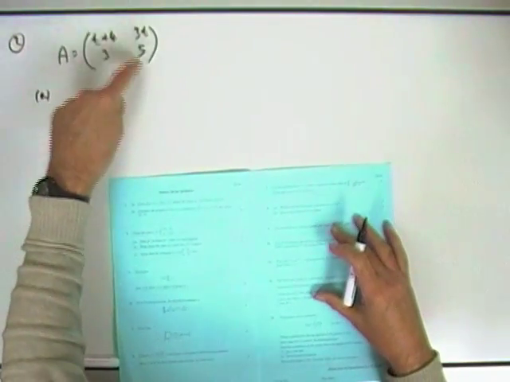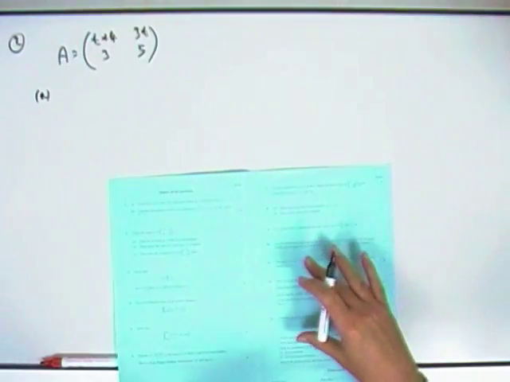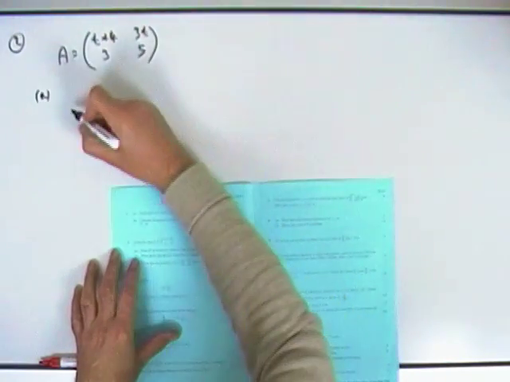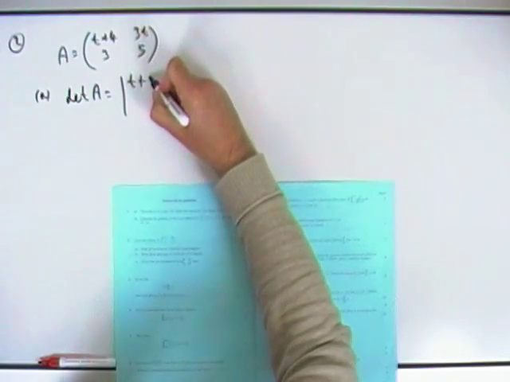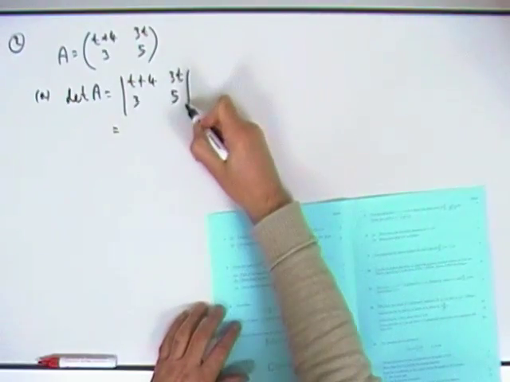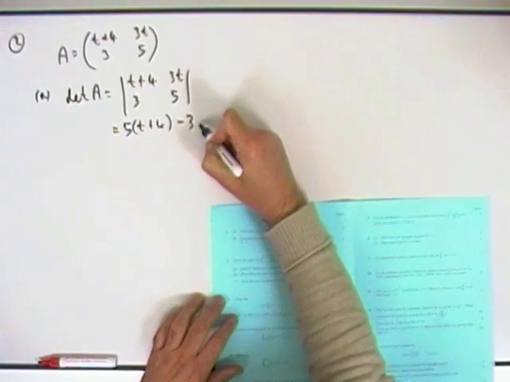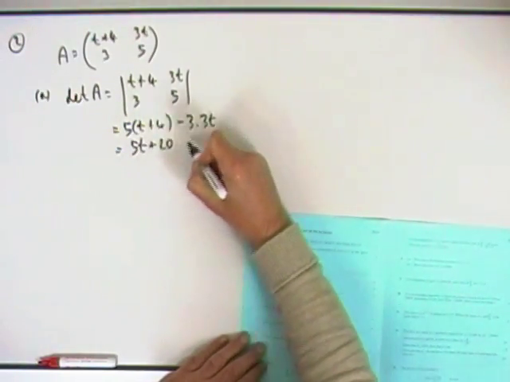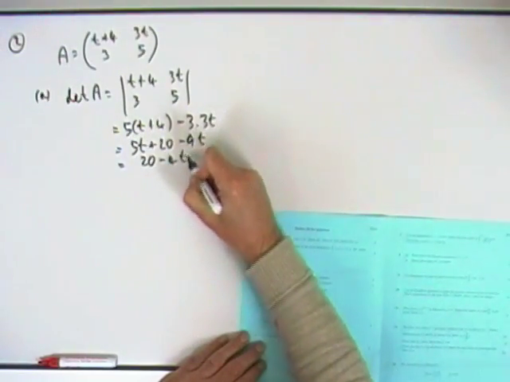That's when you reverse the main diagonal terms and turn the other ones into their negatives. That's actually the result of using something called adjugate. And then divide by the determinant of it. So the first thing you do is you find its determinant. What's the determinant of A? Well, that would be t plus 4, 3t, 3, 5, which is simply the main diagonal. So that's going to be 5 times t plus 4 minus the other diagonal, 3 times 3t. So that's going to give you 5t plus 20 minus 9t, which is going to be 20 minus 4t,